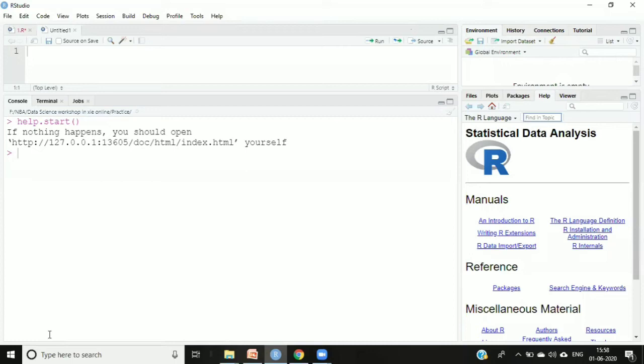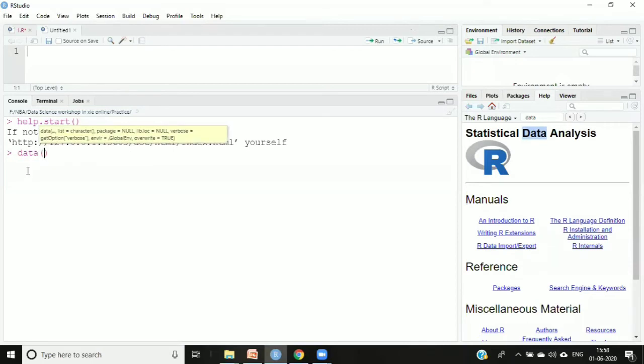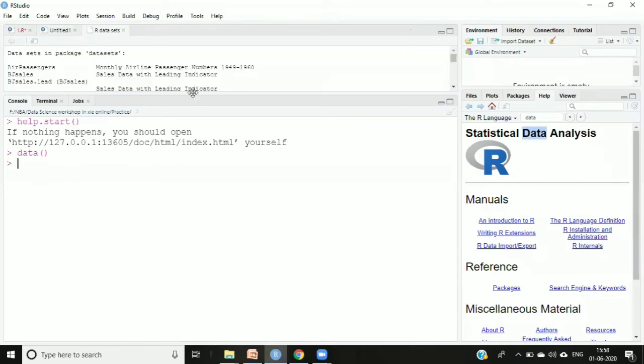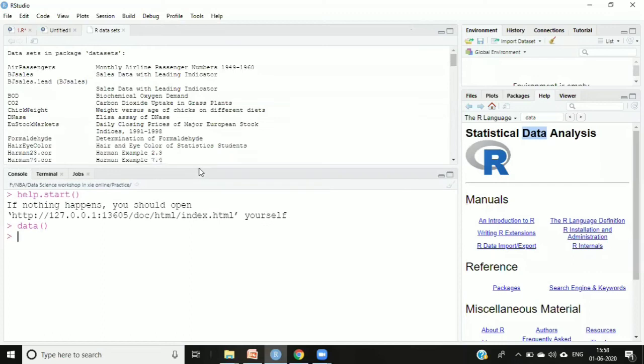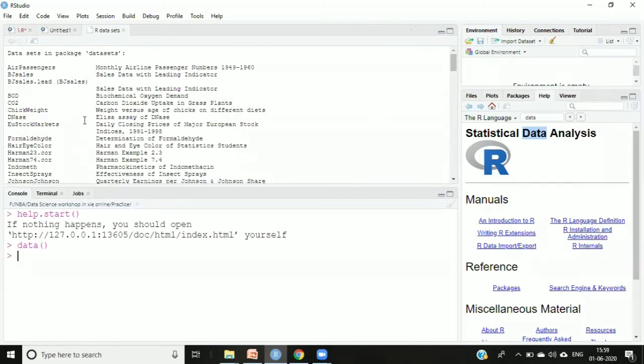Then there is one command, let's say data. If I fire this command data, you will see this information will get open, right?